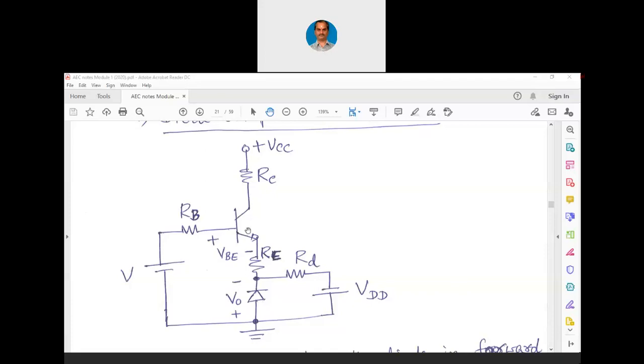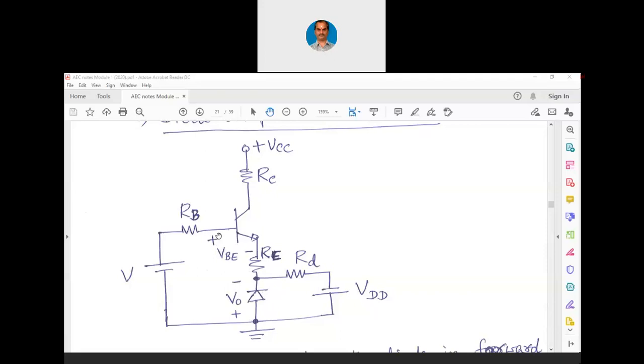So transistor will keep working, and even the biasing circuit will keep working, amplifier will keep working, because this V0 is forward biased. But when VBE changes, V0 also changes, and they are in opposite direction. You can see that. Let us say VBE is 0.7 here, this V0 is 0.7 here, diode is conducting. Let us say now, because of the temperature increase, VBE becomes 0.8, here also V0 becomes 0.8. But they are in the opposite direction, so somehow the voltage at the base remains constant.